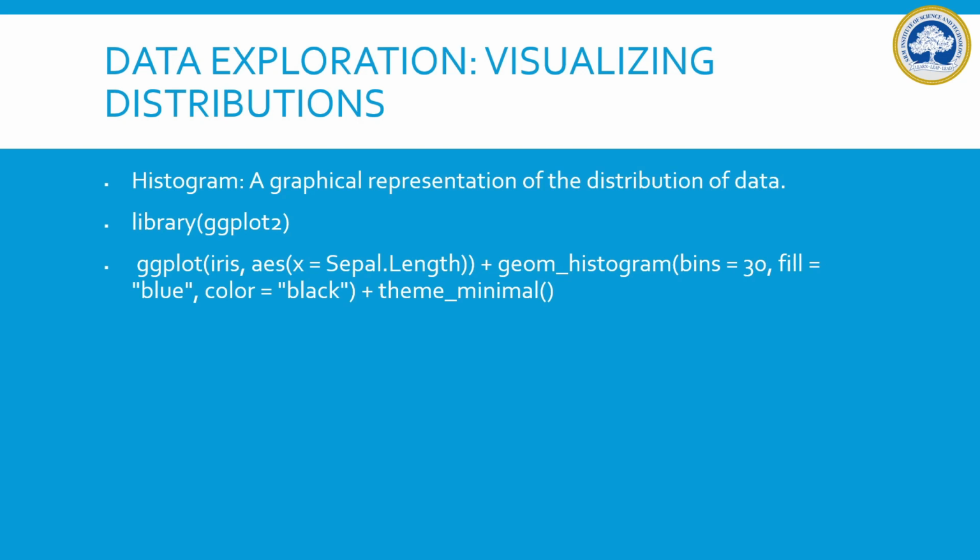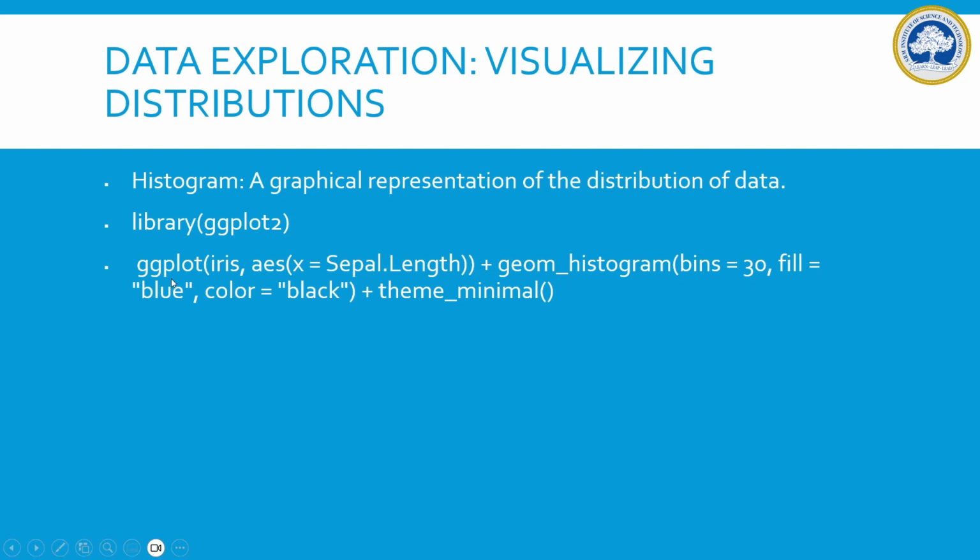In our environment, we can use the ggplot2 library for plotting a histogram of a particular univariate data. Here we are going to see the histogram of sepal length of the iris dataset using the ggplot library. So ggplot is the library used to plot the histogram of the iris data, especially the sepal length